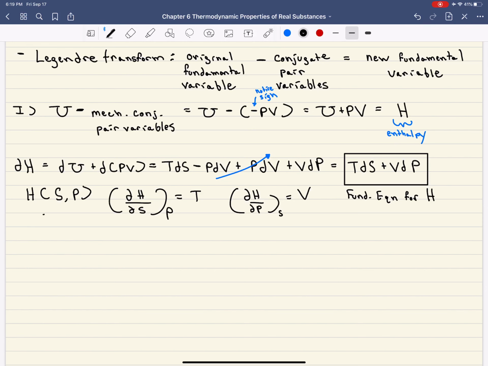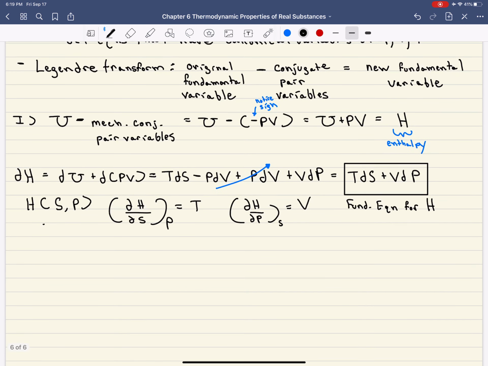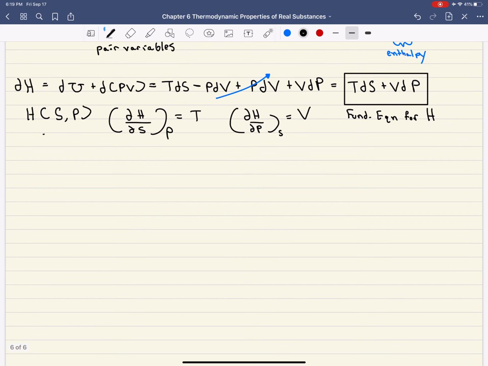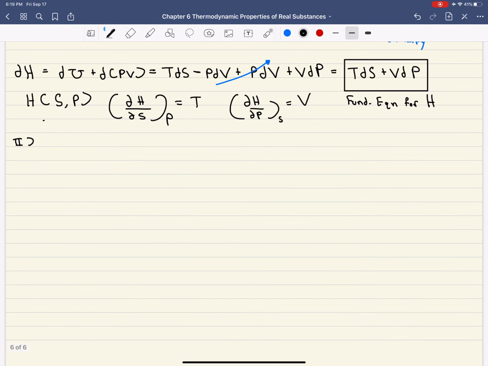Okay. All right, so the Legendre transform of taking U minus the mechanical conjugate pairs gives us enthalpy. Sorry, this was the mechanical. All right, so now what we're going to try out to see if we get something a little bit more useful is we're going to take the Legendre transform of internal energy,